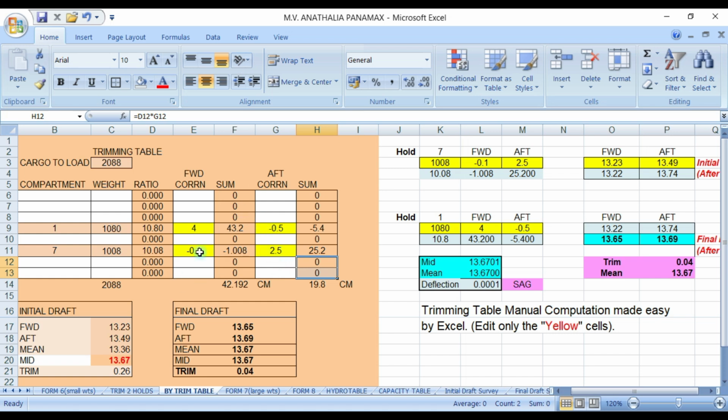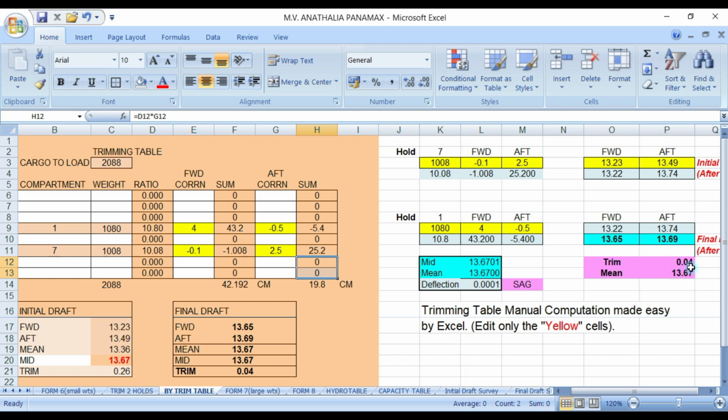So once you put this in, all the figures will, excuse me, automatically compute by itself until you reach the final draft: forward 1365 and aft 1369.